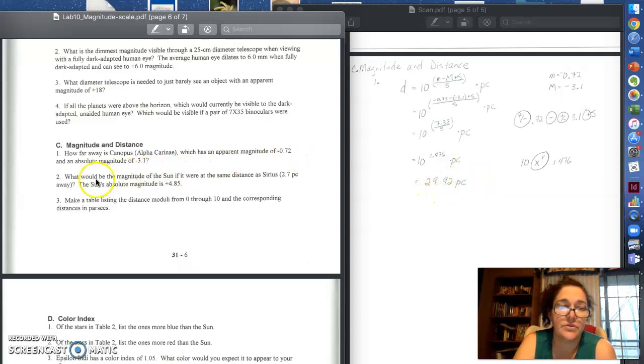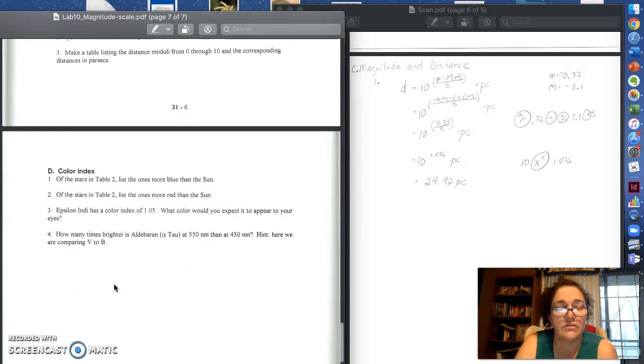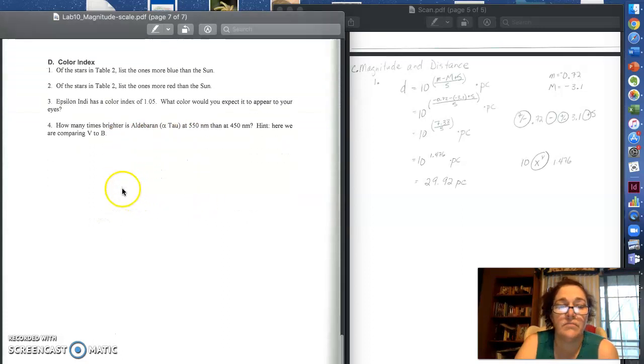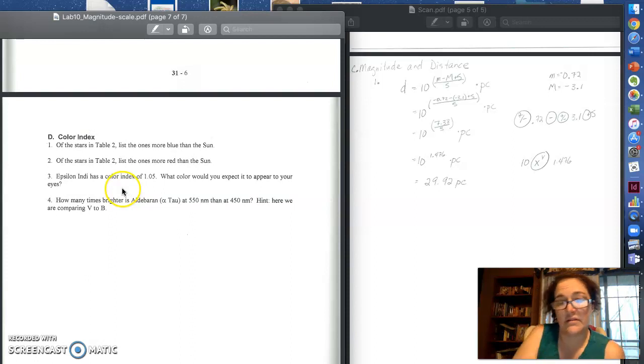So problems 2 and 3 relate back to this, and we have a much simpler time with the color index. On this, of the stars in table 2, list the ones that are more blue than the sun, less blue than the sun. So hopefully that helps with the math for these problems, because I only have one